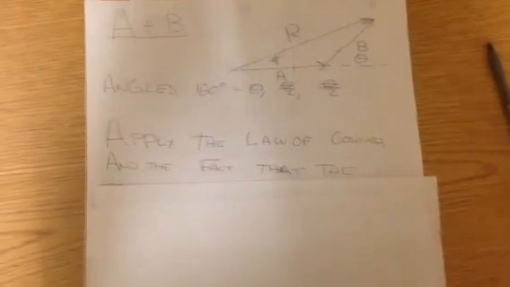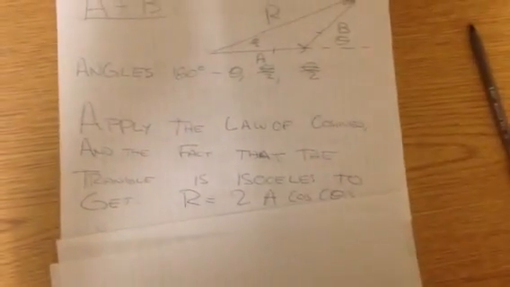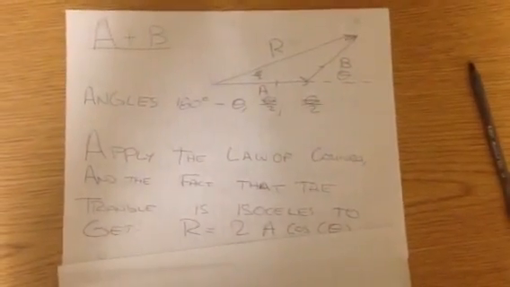You're going to apply the law of cosines and the fact that the triangle is isosceles to get that R equals 2A cosine theta over 2. And that's for A plus B. Now, let's move on to A minus B. Again,